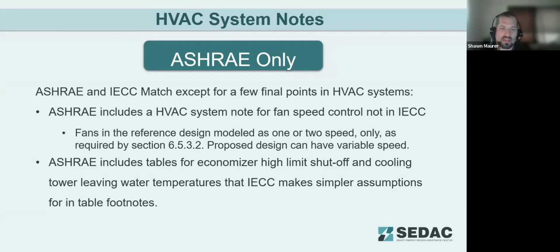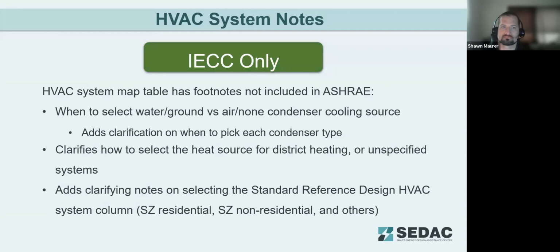Also, the Ashrae tables do include economizer, high limit shutoff, and cooling tower leaving temperature set points that the Iecc does include, but they're in footnotes to the table, and they're not as complex as the Ashrae ones. Again, Ashrae's taking that more detailed approach to modeling, trying to make that model as accurate as possible, where Iecc is making some simplified assumptions. For the Iecc,